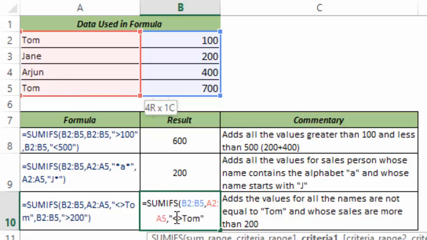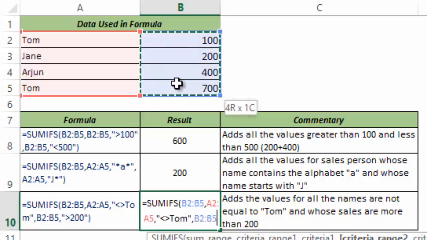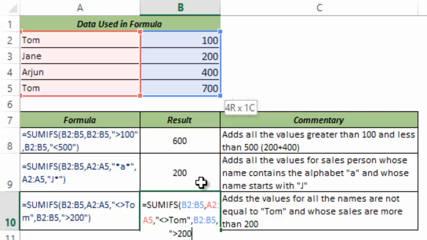These two operators, when used in such a manner, indicate not equal to, and I would use another numeric criteria with it. So my criteria range 2 is this range, which is B2 to B5, and my numeric criteria is greater than 200. So you can see it is not necessary that you have the same range in all the criteria. You can have different ranges and build different criteria.